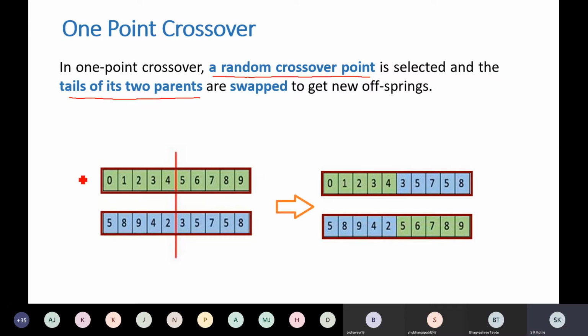Now for example, out here, this is the example that we are going to use to explain this concept. Suppose this is parent chromosome 1, P1, and this is parent chromosome 2, P2. Now how many numbers are there in each chromosome? Size of that parent? 10. Right, 10 integers are there.